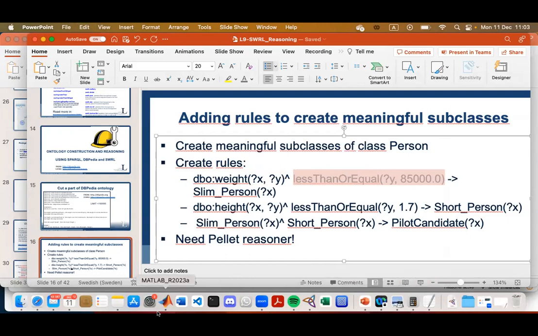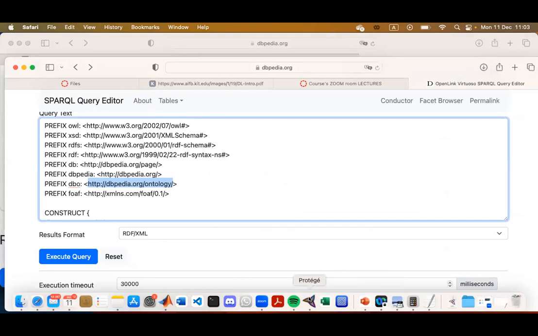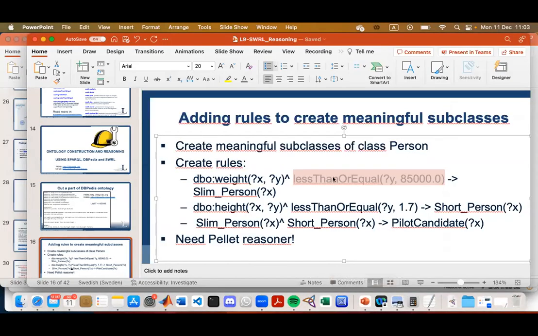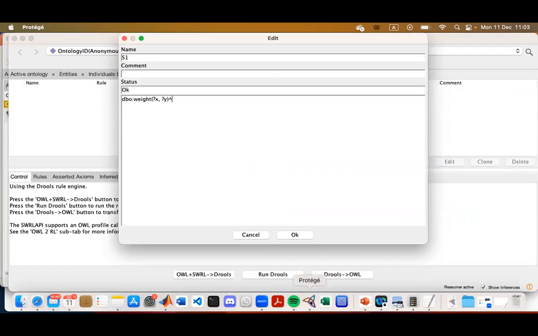So again, we check here, and it should start complaining, I guess. Oh no, sorry. Okay, less than or equal, 85,000.